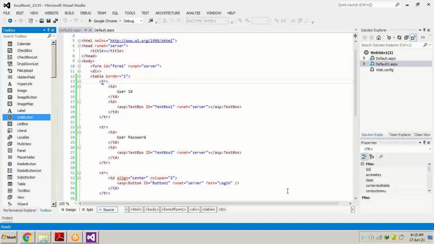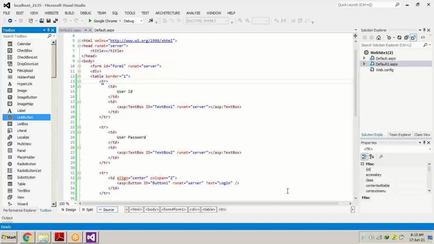Is my voice clear? Am I able to explain clearly? Okay. So what I will do, I've just shared a link. If not, then you can go to this link and you will see a login page over there. In that login page, we have used four to five controls, like text box, label, checkbox, link button. These are the controls which are used to design a login page.